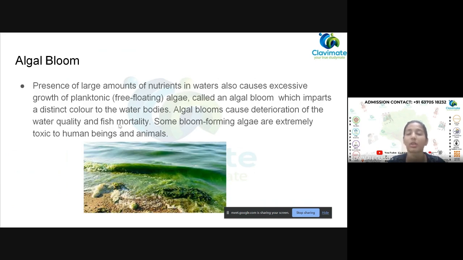Then we talk about the water quality. See, there is a purity in the water quality. Oceans have salt, but there's no free floating algae in there. Whenever that happens, we would not be able to drink it, and the quality would not be good for the animals who would drink it. It is very toxic, and some of the algae are also poisonous to health. So we can say that these are the things about the algal bloom.